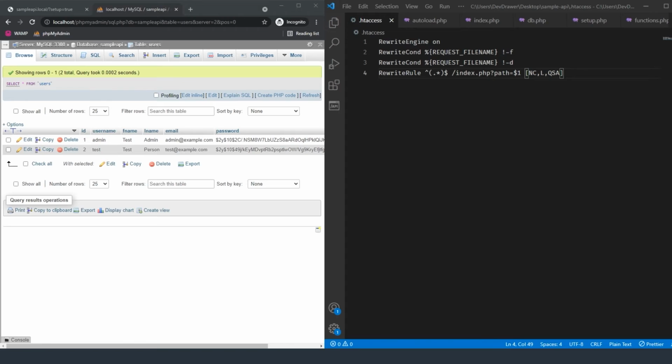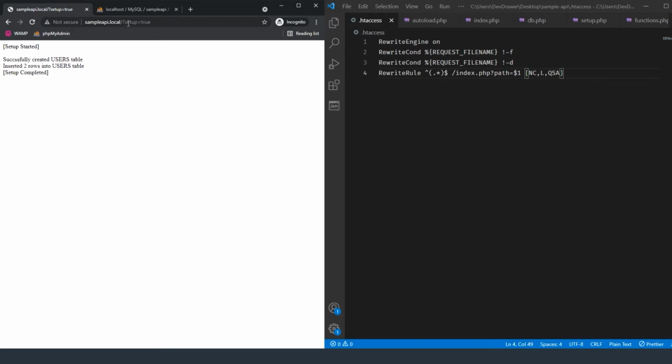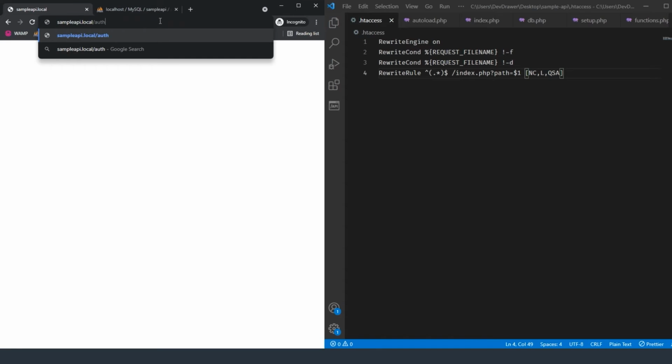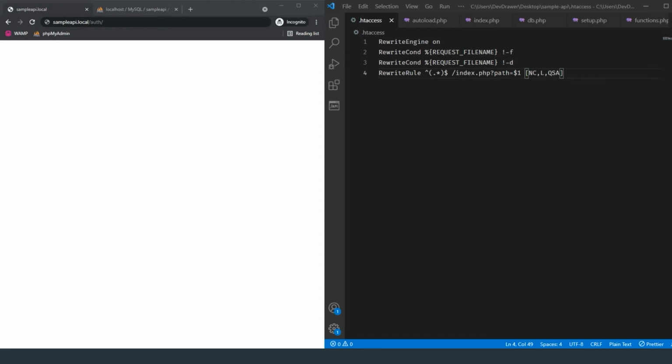Alright, so let's see, I clicked on the wrong button on my screen. Let's go back over here, and if we don't want to run the setup, let's not run the setup. Now let's say we want to do an authorization. So we want to do auth. Let's see, what do I want to call that? No, let's not do auth. We're going to do